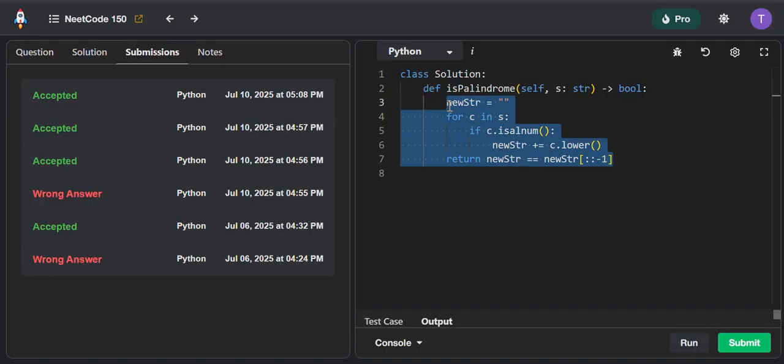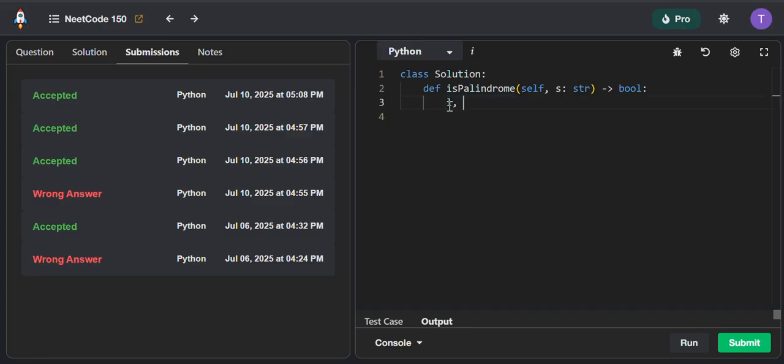So let's build this now. We're going to create our left and our right pointer, and we will make our left pointer equal to 0 and our right one equal to the length of the string minus 1. So we reach the last index, and now we're going to loop through the string while the left pointer is smaller than the right one. So while left is smaller than the right one,